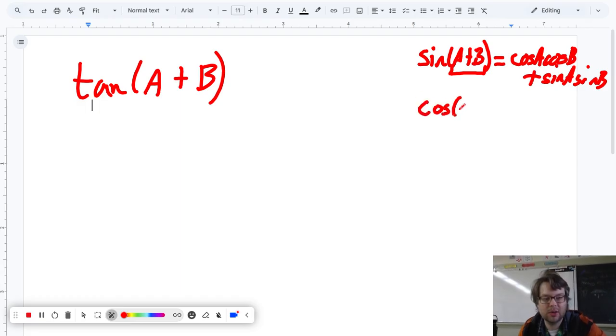Same idea with cosine. Cosine of A plus B is equal to, oh,